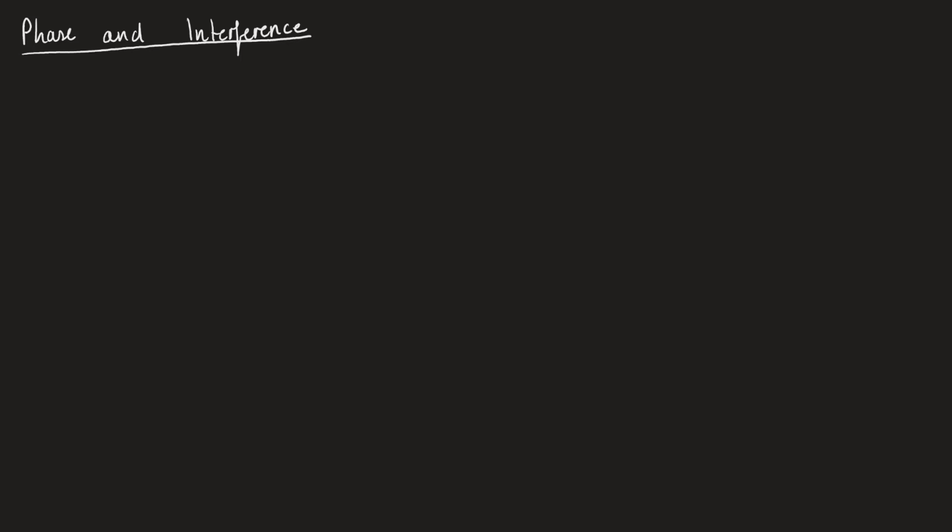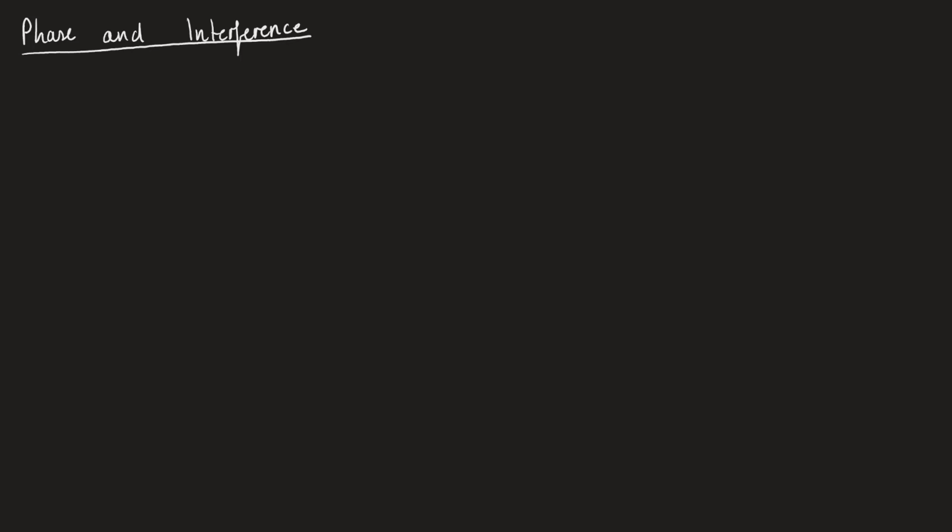In this video we're going to be looking at the idea of phases and interference with waves. So we already have our four properties of our wavelength, frequency, time period and amplitude. Those were all very GCSE type properties. We're now going to go a little bit further and introduce this idea of phase, and then use this idea of phase to explain how two waves will interfere with each other depending on their